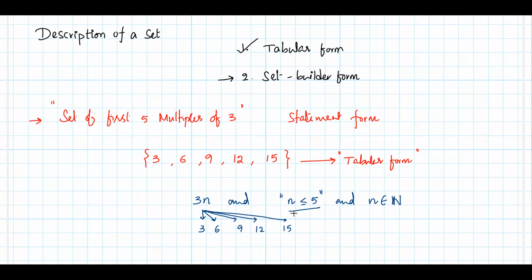So this is how we represent this. Coming back to the expression 3n, this generates all the values 3, 6, 9, 12, 15. Now I'll equate it to some variable x, and the output is collected by x. Then we keep them in a curly bracket. That's it. This is set builder form. All right.